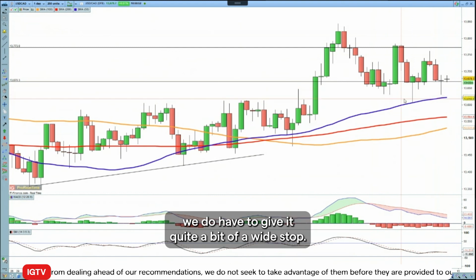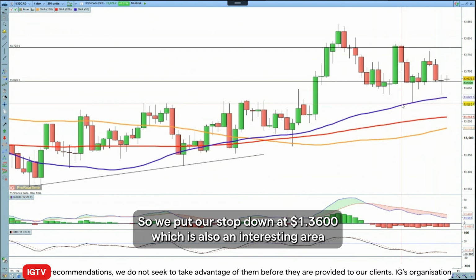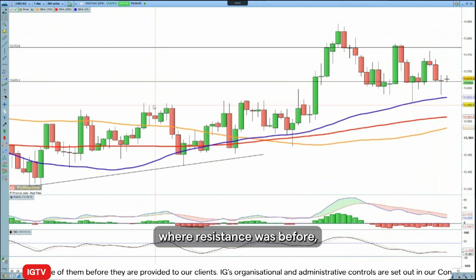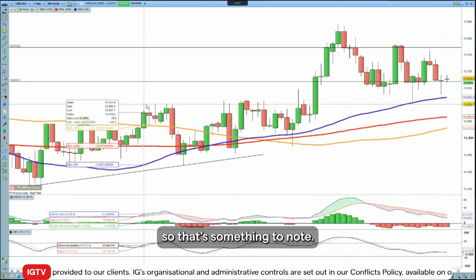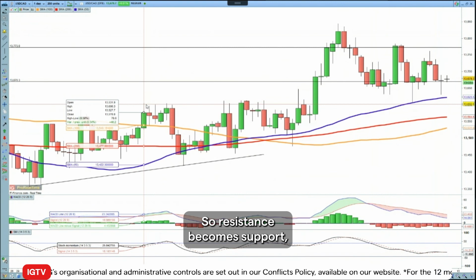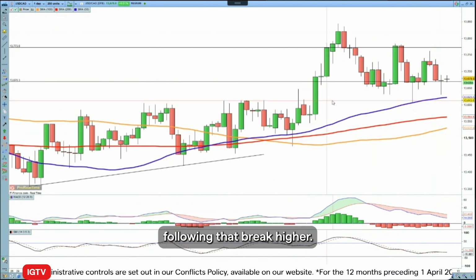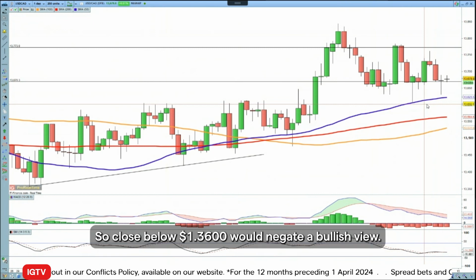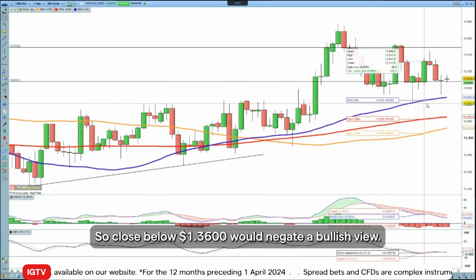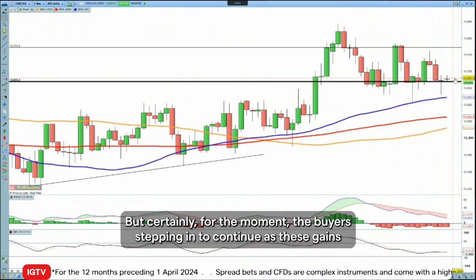With these long wicks, we do have to give it quite a bit of a wide stop. So we put our stop down at 136, which is also an interesting area where resistance was before. So that's something to note, that resistance becomes support following that break higher. So a close below 136 would negate the bullish view, but certainly for the moment, the buyers stepping in, continuation